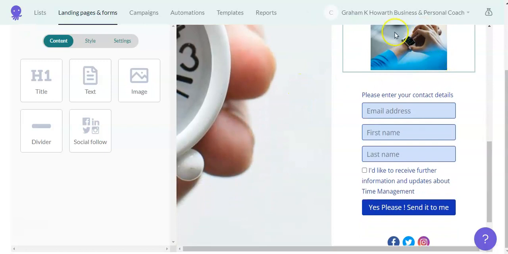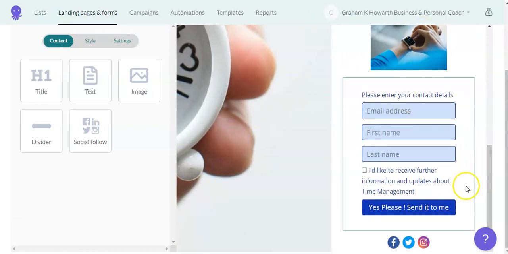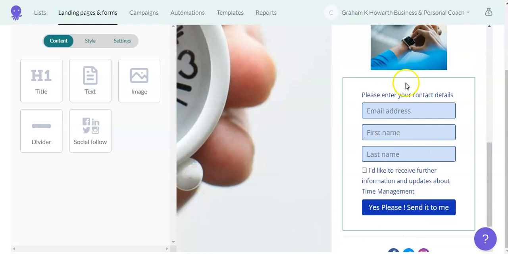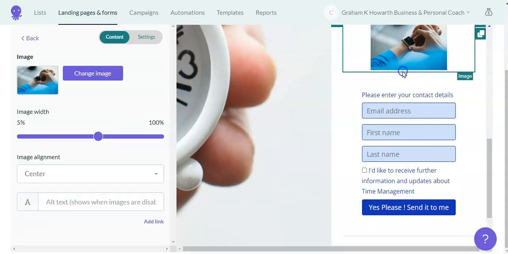What I'm going to do now is just break this form up a little bit. So I'm going to take some dividers again and just drop them in. It's sometimes a bit tricky if the spacing is not quite right. Let's put one at the bottom and drop one there, and just make this spacing here a little bit more padding.